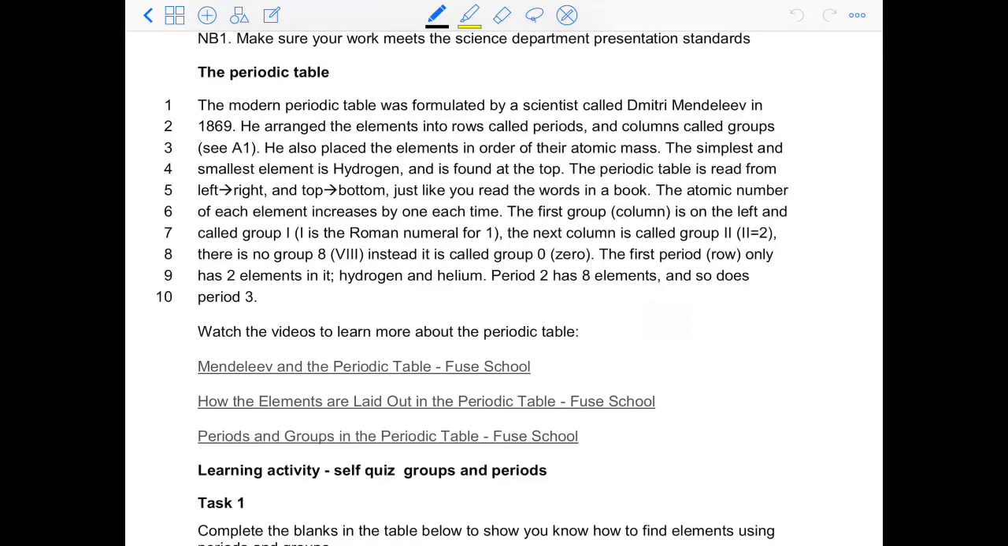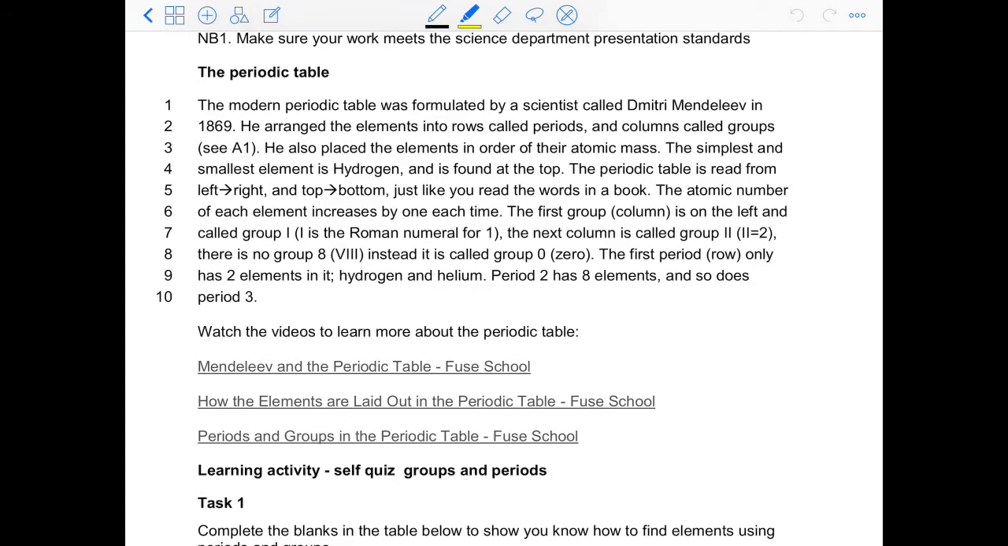All right, welcome back. So hopefully now you have a good understanding of the first 20 elements and where they fall in the order on the periodic table. So we will talk a little bit more about the periodic table and how it's set up at the moment. So the modern periodic table, which is the one that we see everywhere today,